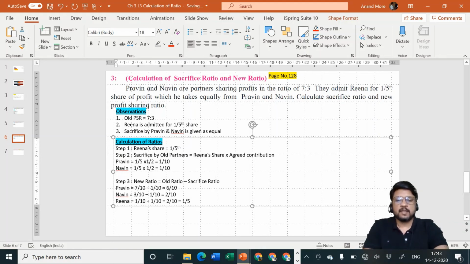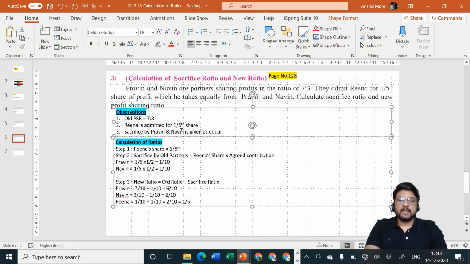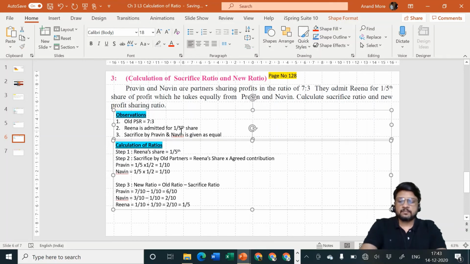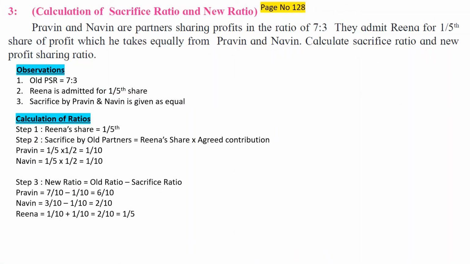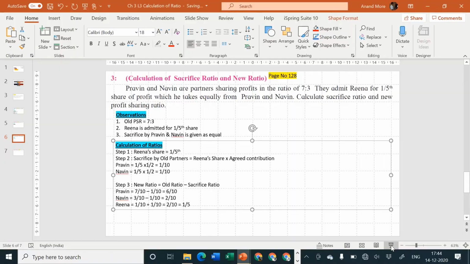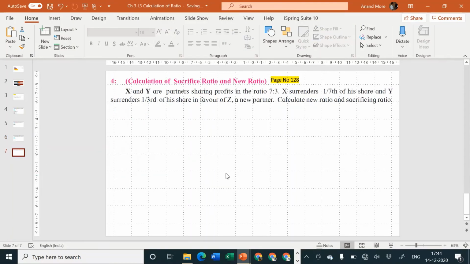Clear? I'll remove this line from here because that is a line for sacrifice ratio. So this is how the calculation is done. Let me increase the font size. You can pause the video, check out whatever you have written. If you have missed certain steps, please write it down, thereafter resume the video. Okay, very good. Now let me go for the last type of problem. I am assuming that you have written point number 3 completely. Let us consider step number 4, the last type of problem of 12th standard syllabus.